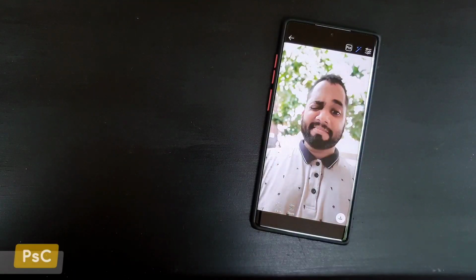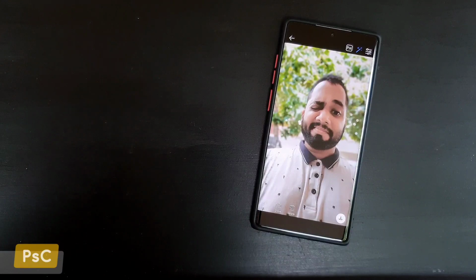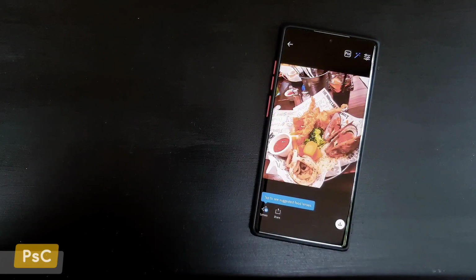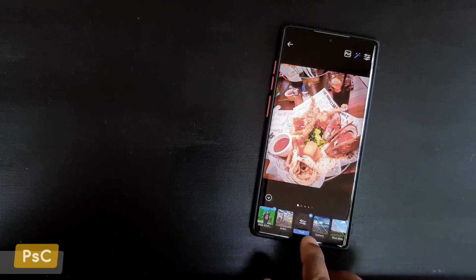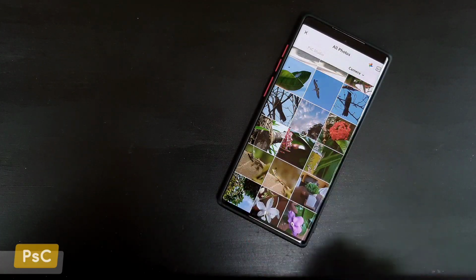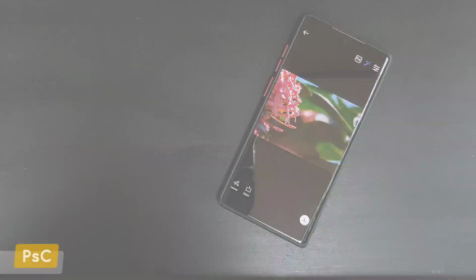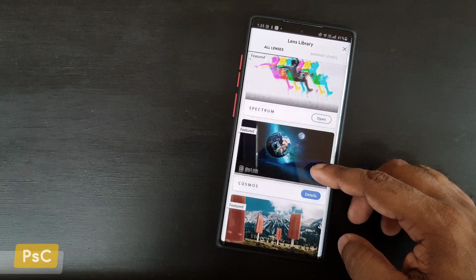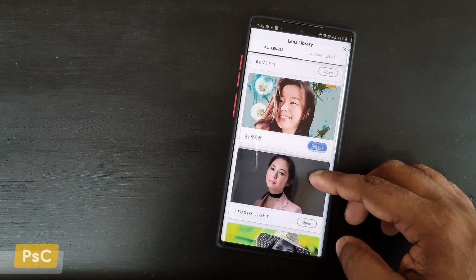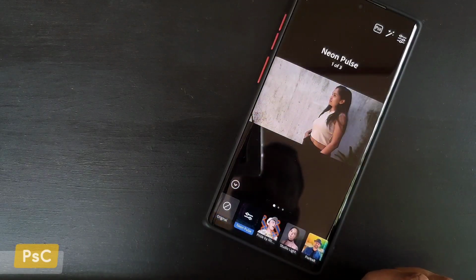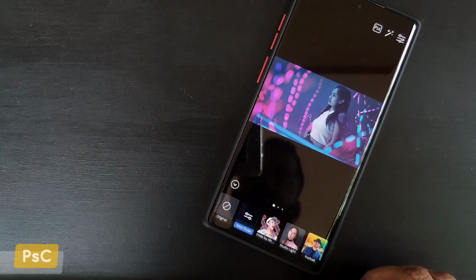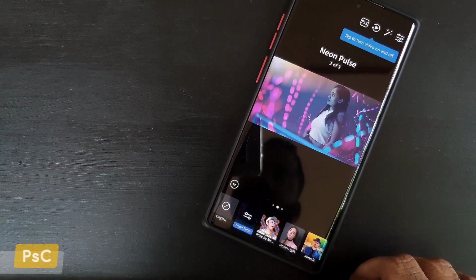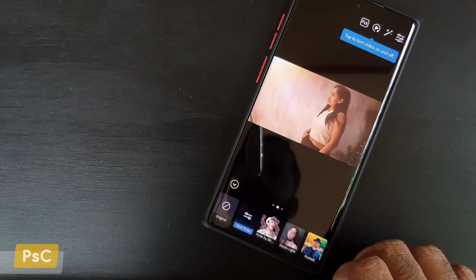The Photoshop Camera app is packed with amazing AI powered features. Like I mentioned, selfies that auto enhance. Not just that, it auto enhances food, group photos and scenery shots too. These presets are inspired by your favorite artists and influencers as well. Plus, you actually don't need any Photoshop skills to use this app. It's made easy and very convenient to use.